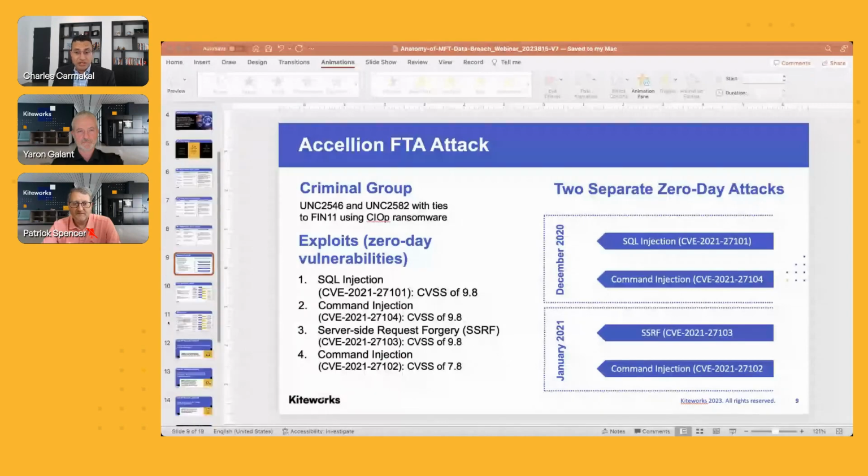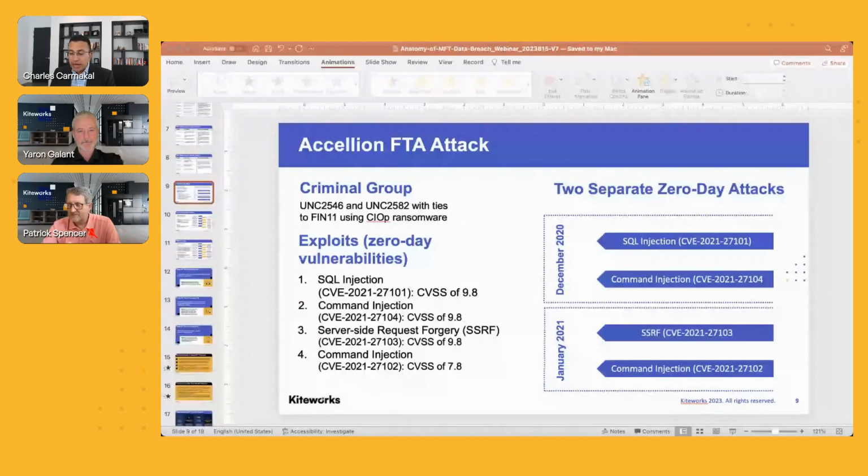We expected that there would be an extortion event that occurred. What was kind of interesting and maybe ironic about this threat actor was they were emailing a number of different victim organizations saying, we are the ones that are responsible for the hack against your product, the Accellion FTA product, that was running within the victim's environment. And we stole a lot of data from your organization. And if you don't pay us $5 million, $10 million, $50 million or so, we're going to publish all the data that we stole.